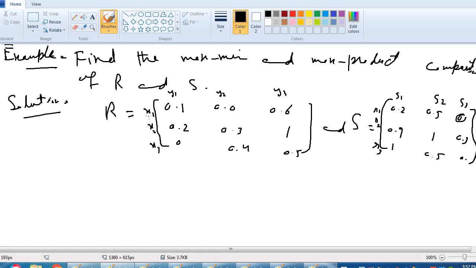So the ordered pair x1, y1 has the value 0.1. x1, y2 has the